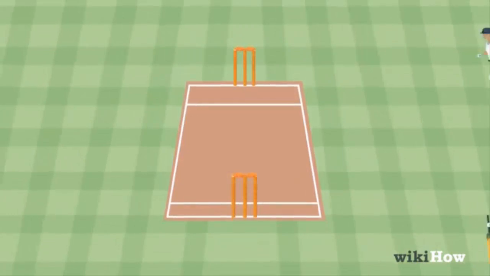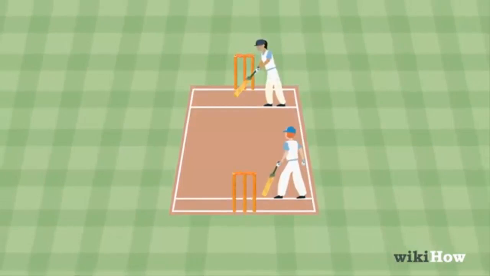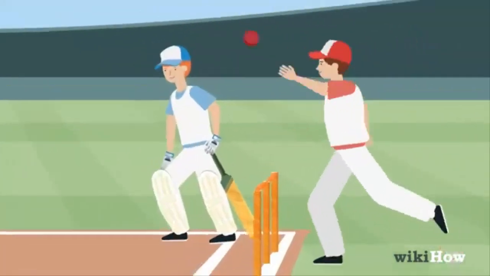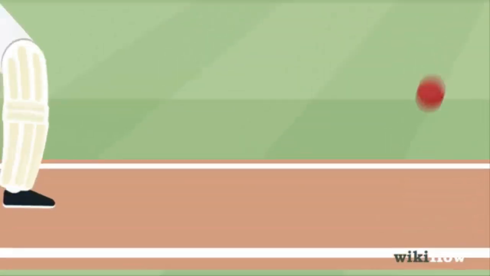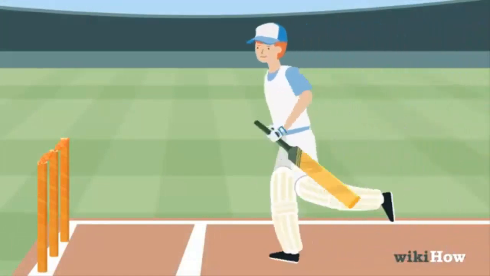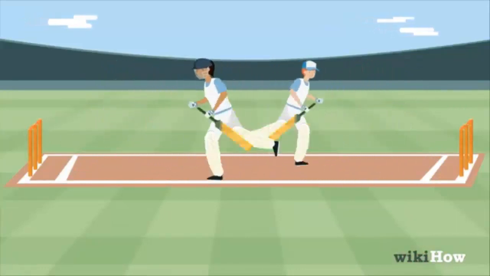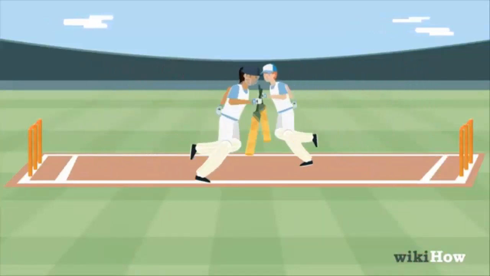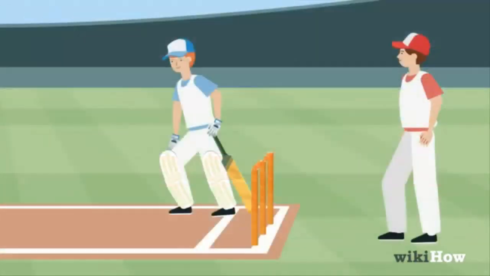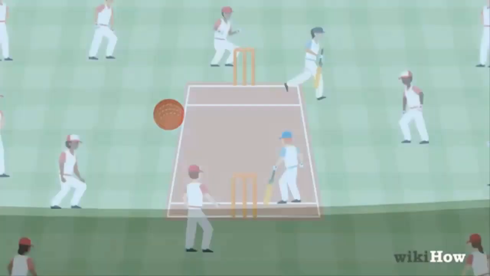The first batting team sends 2 batsmen into the field, one in front of each wicket, while all members of the bowling team spread out. The bowling team throws, or bowls the ball, at a batsman. The batting team tries to score as many points, called runs, as they can before the inning is over. To score a run, both batsmen must run past each other to the opposite wicket while a ball is in play. The inning ends when the bowling team finishes their limited number of bowls or gets 10 of the 11